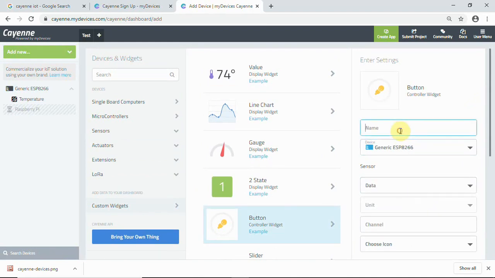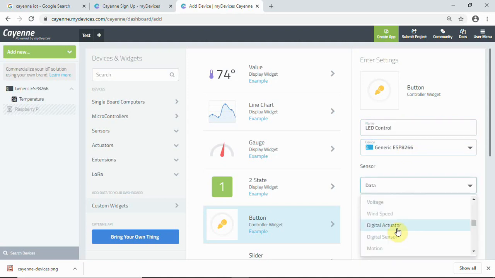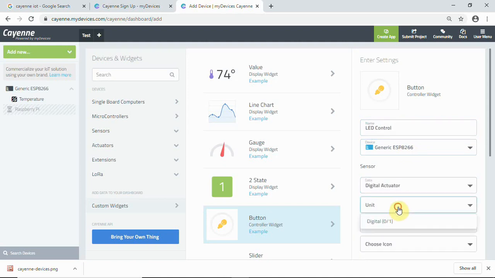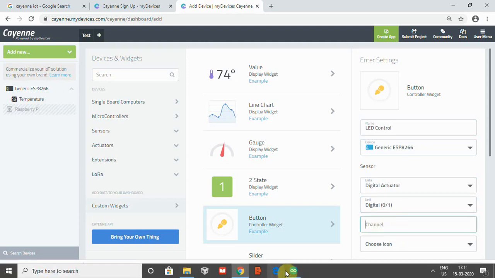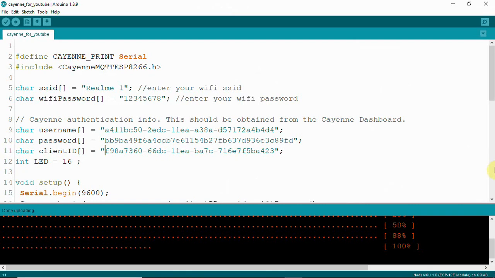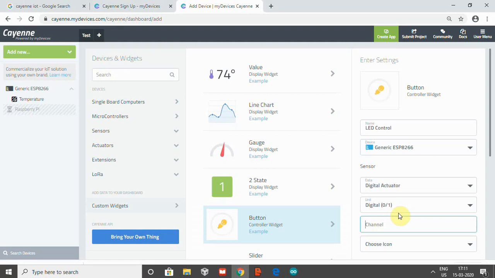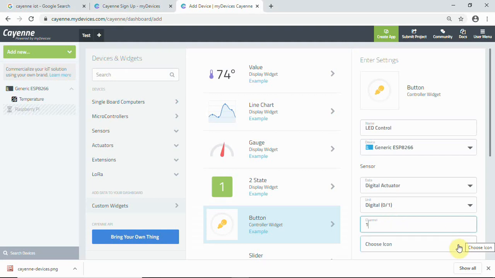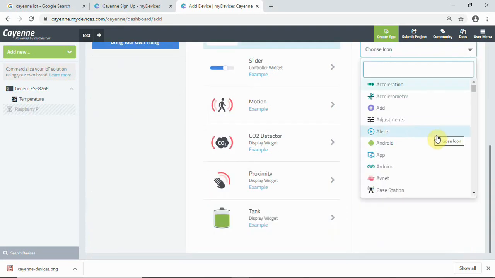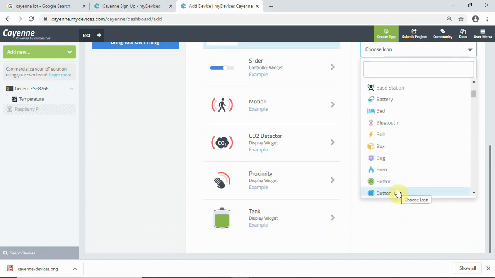You can select it and name it LED control, and then we'll select this as digital actuator, and unit to be digital 0/1, and we have our channel here selected as V1, so we'll make this 1 here, channel 1, and then you can choose an icon for the button.